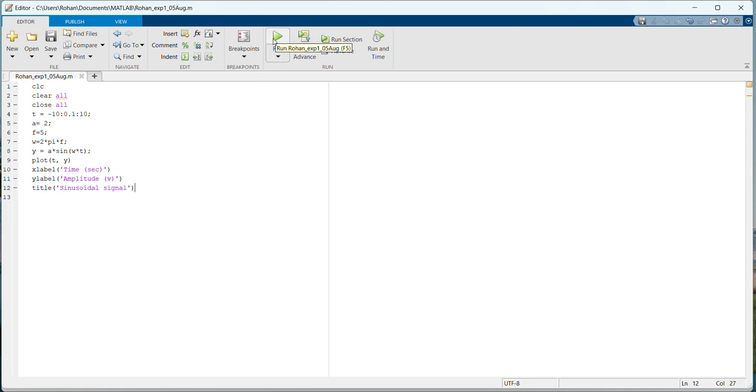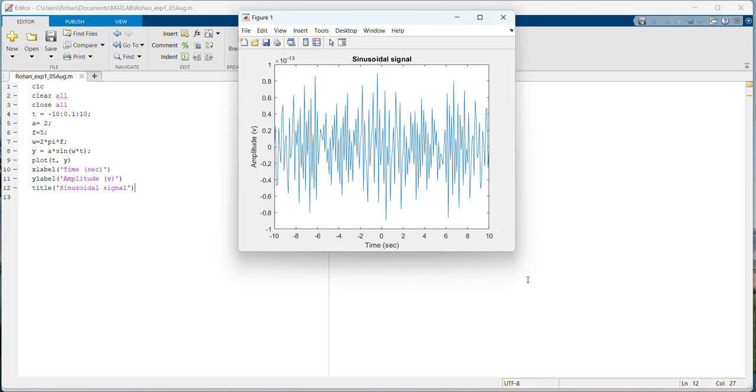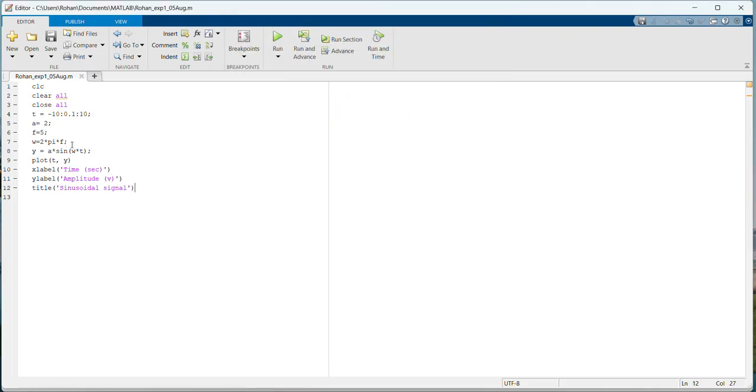So we click on this run option which we are able to see here on the top, and when I run, you can see that I have got a signal, but this does not represent a typical sinusoidal signal. The reason for this is the step size that we have mentioned here. The step size that we have mentioned here is 0.1, which is typically a very large value. So if I reduce this value, maybe say I'll take it as 0.01, and now I execute this